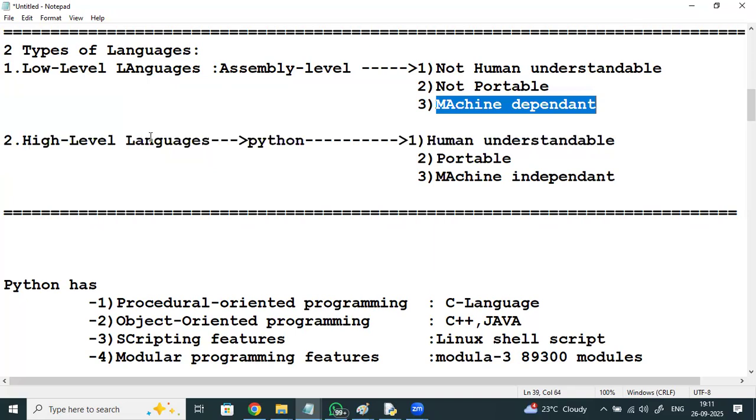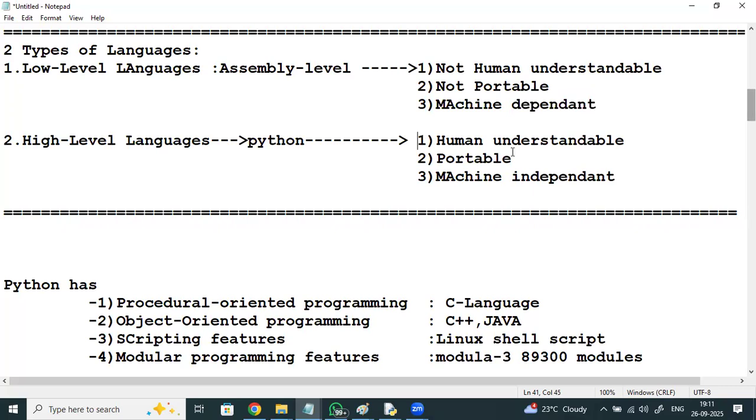High level languages like Python are human understandable, portable, and machine independent. They can run on all the hardware and all the operating systems.